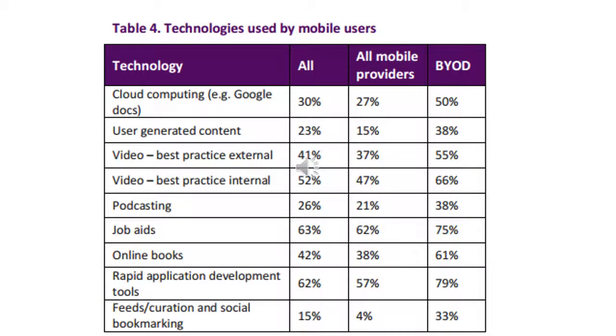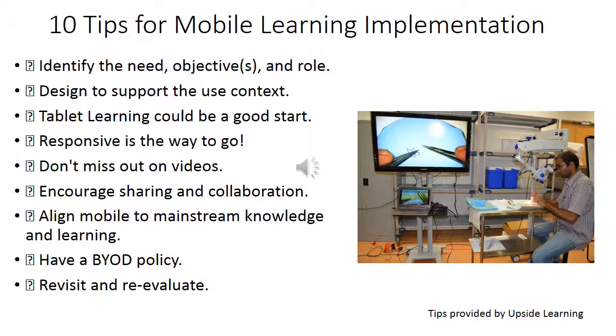The type of technologies that are most commonly used by mobile learners is once again mainly video media content. Though online books are also quite popular, these are the types of technology that are used by mobile learners. So therefore, in creating a mobile learning